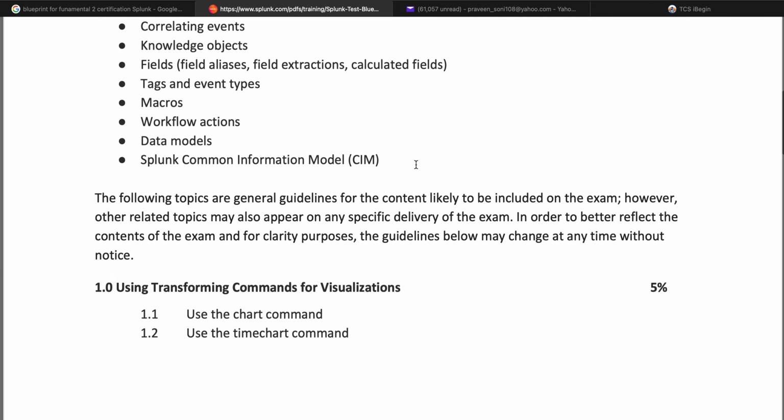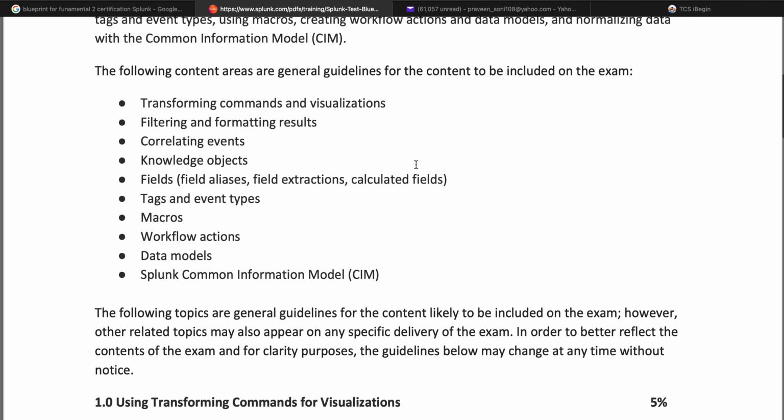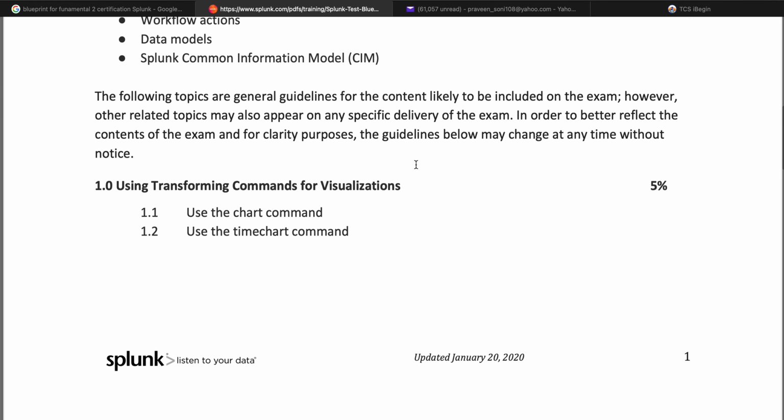Also, how can you do the practical with me? What you can do is install Splunk on your own PC, laptop, desktop, or you can use a cloud instance of AWS or Google Cloud. Also, if anybody wants to brush up their basic knowledge, I have created a video for the Fundamentals 1 Splunk user certification, so one can go there and have a look and brush up your knowledge.